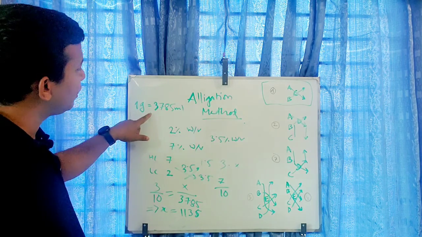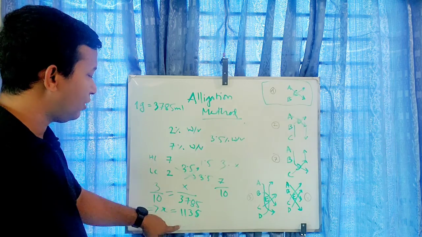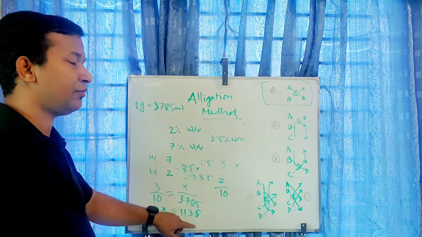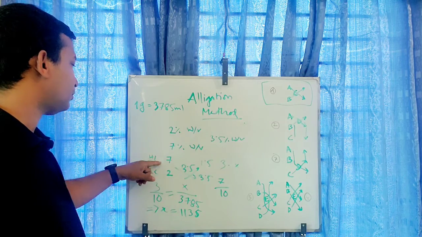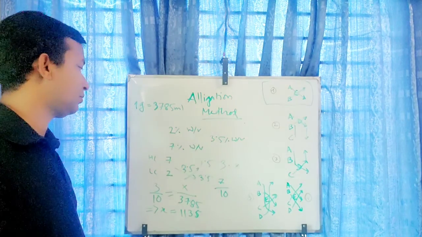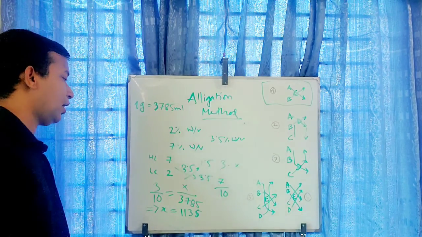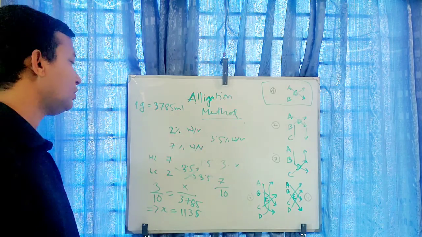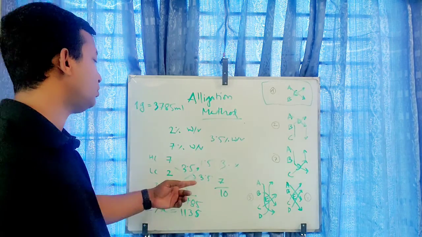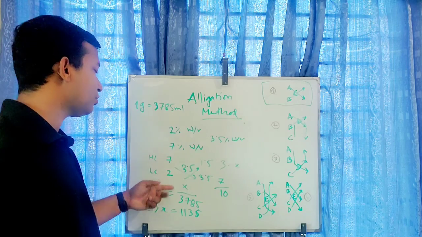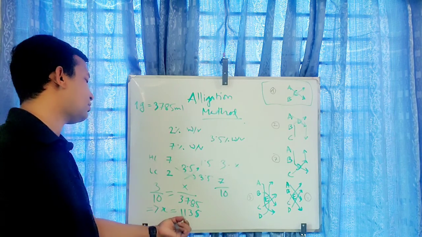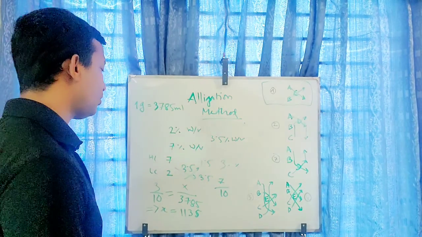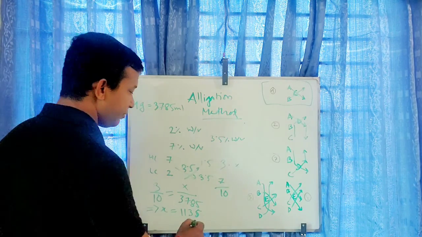So within this 3785 ml, 1135 is actually the 7% item, and the rest is actually the 2% solution. So you can also do it by two methods. I mean 3785 minus this one, that can be done, or we can also do it in a similar way,